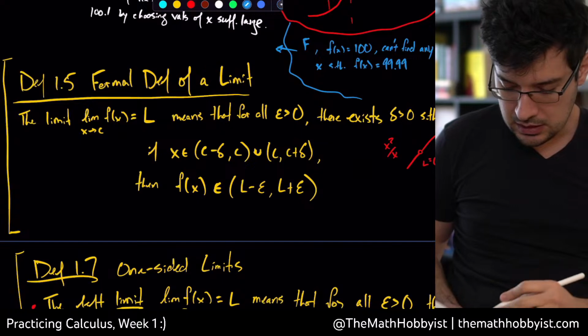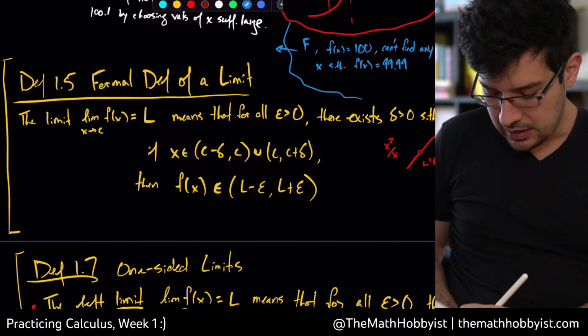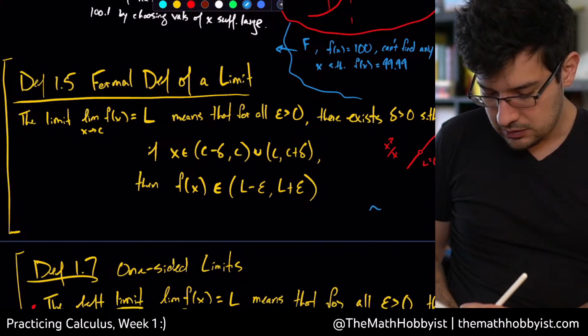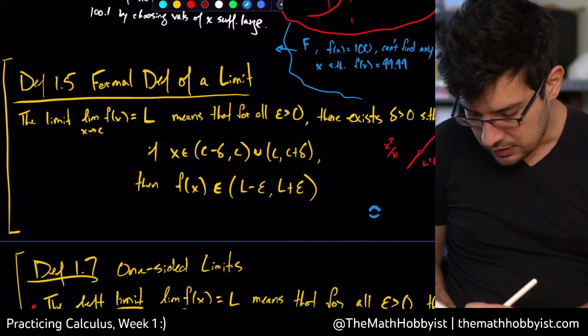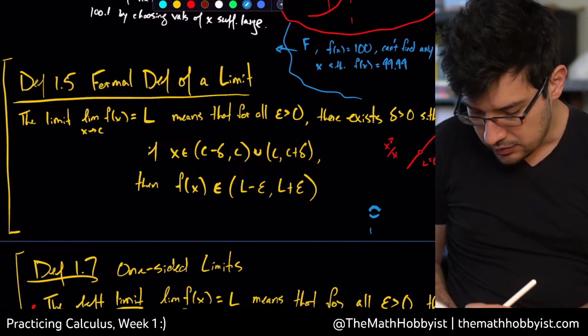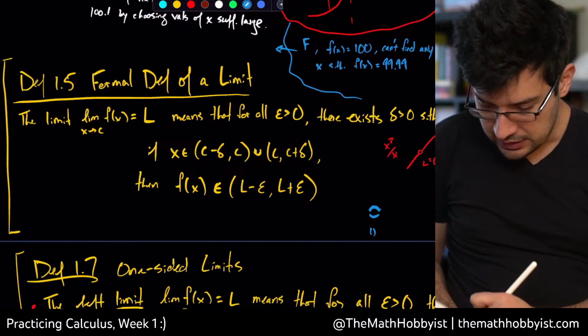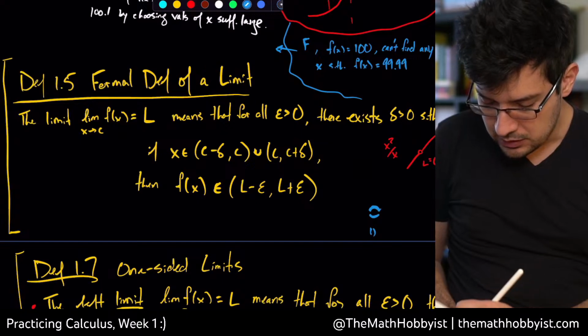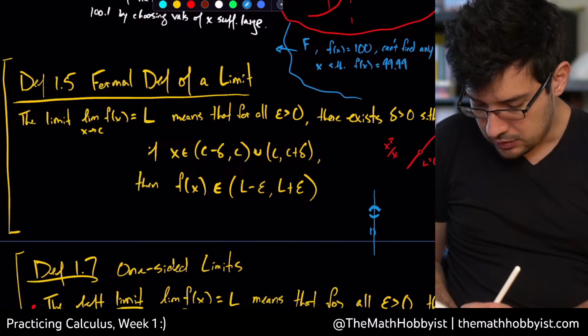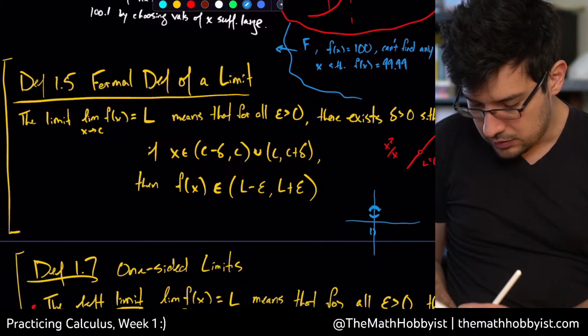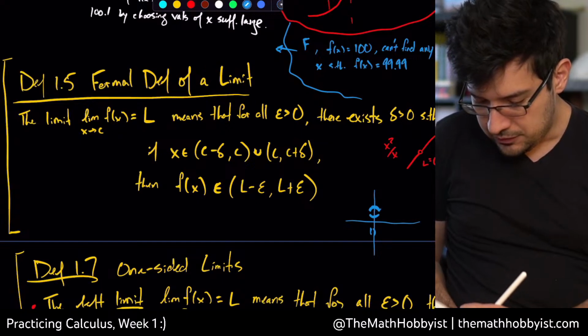It's that for any epsilon greater than 0, you can find a tiny neighborhood where the function